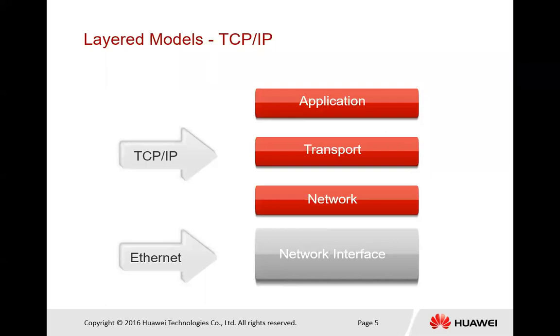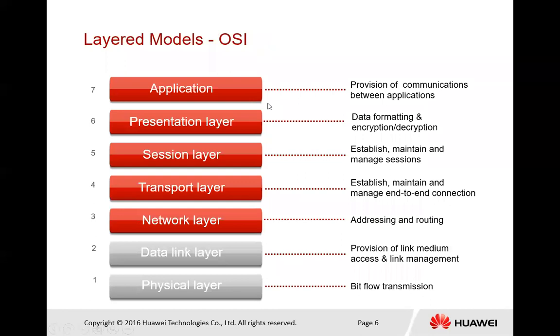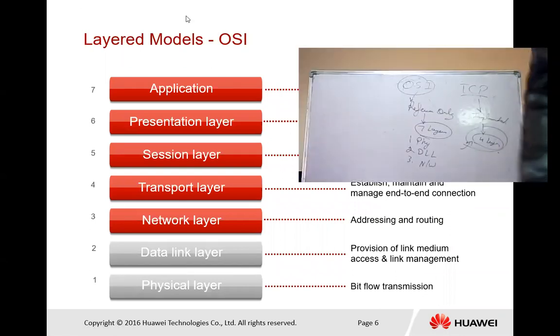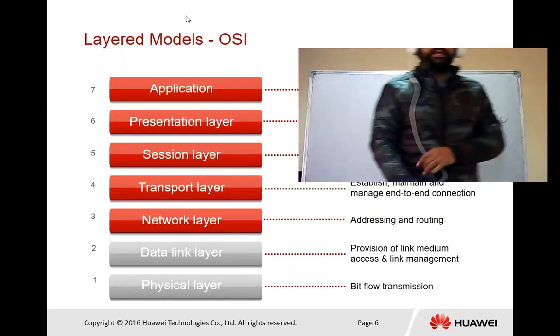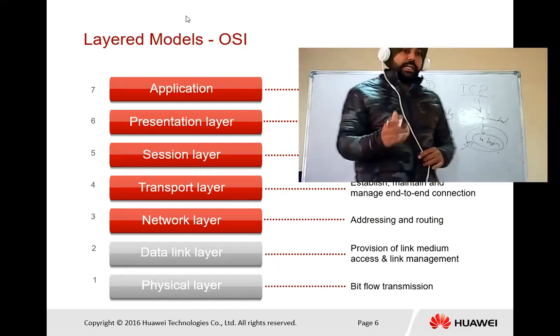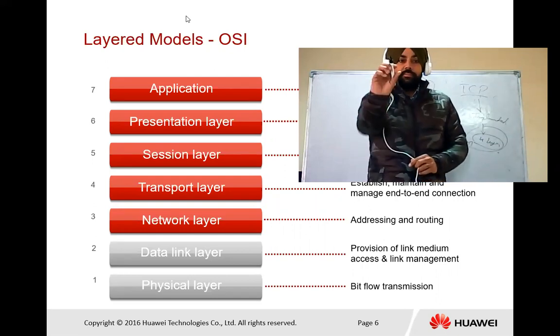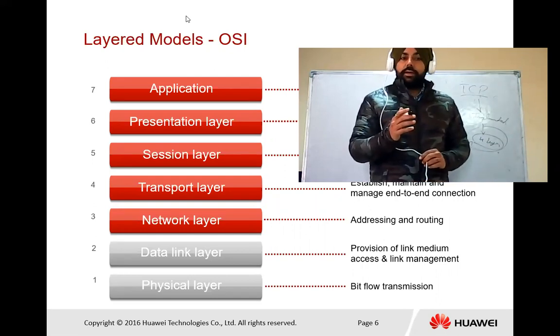So next we have the encapsulation part. This is the layered model of OSI. Here we just explain the numbered layers. The first layer, the physical layer, transfers data in the form of bits. When we are talking about the physical layer, that means we are directly connected with the physical medium to our destination. So data transfers in the form of bits.